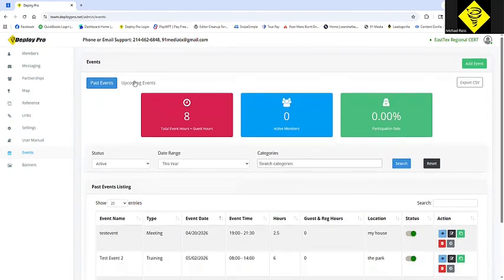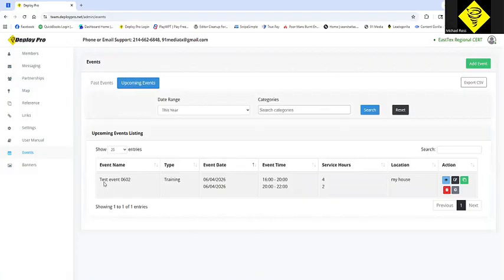All right. So now when I come back up here under upcoming events, you'll see the event we just created. Over to the right, you have similar buttons that you've seen on other items. You can view an event, edit an event. You can clone an event, which makes it really handy when you have an event that you